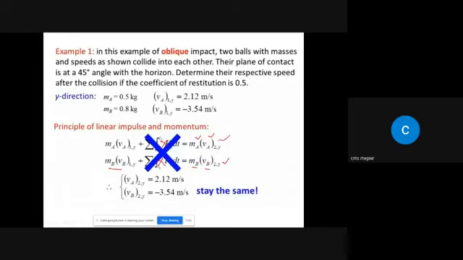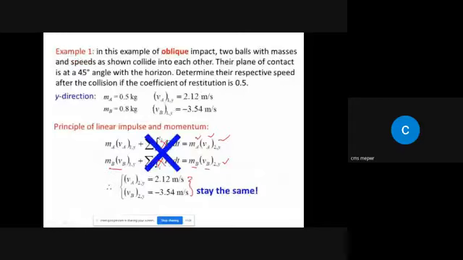Since there is no external impact, by doing so we will get the value of VA y component after the collision as well as the value of VB y after the collision. So now we have VA2x and VA2y and VB2x and VB2y. So by combining,